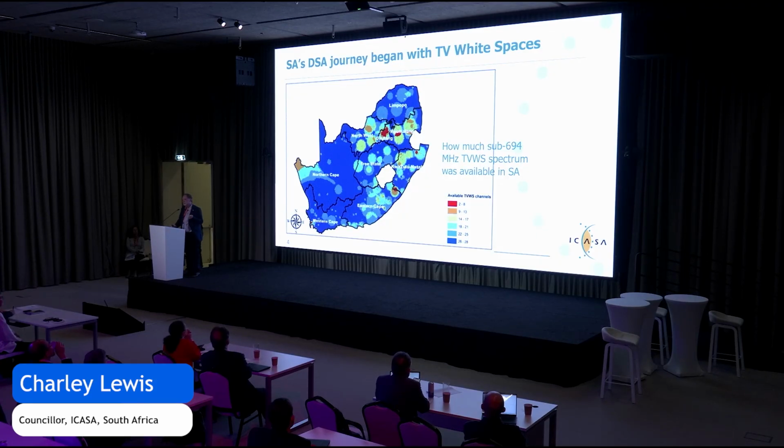So our journey for dynamic spectrum assignment began with our work on TV white spaces. That's just a map of what was estimated to be available for TV white space assignment. The blue is good. That's where there's plenty of spectrum. The red is relatively congested.